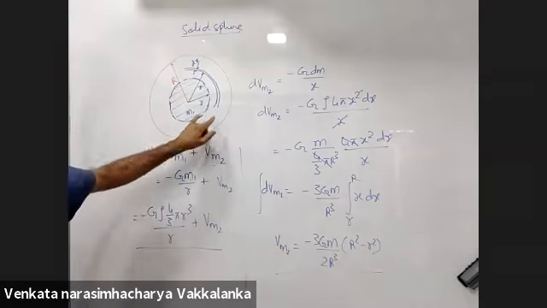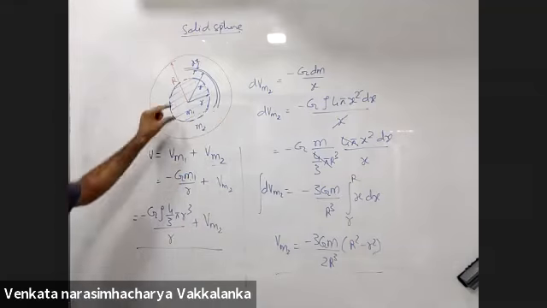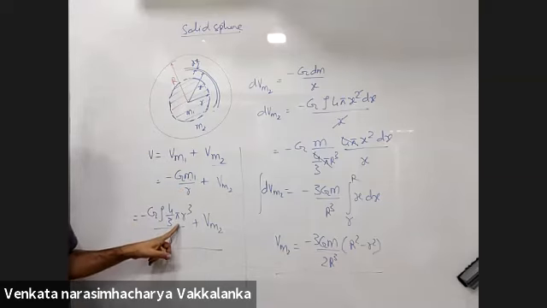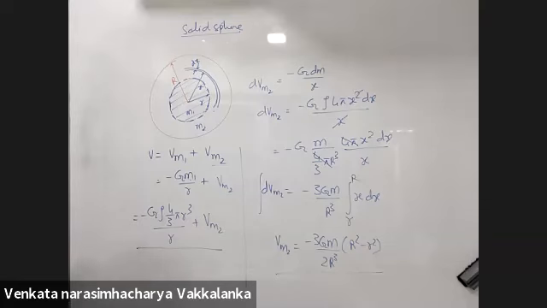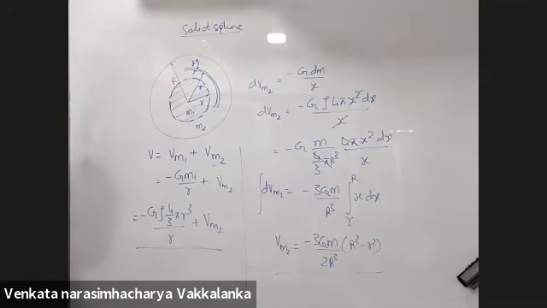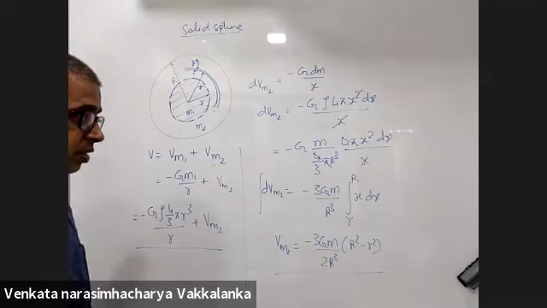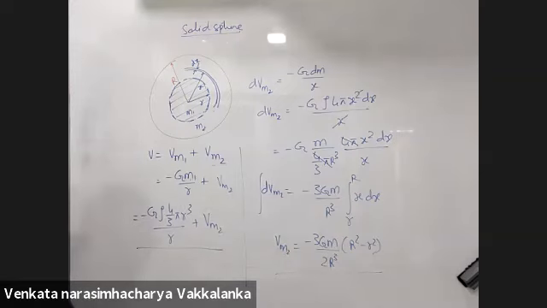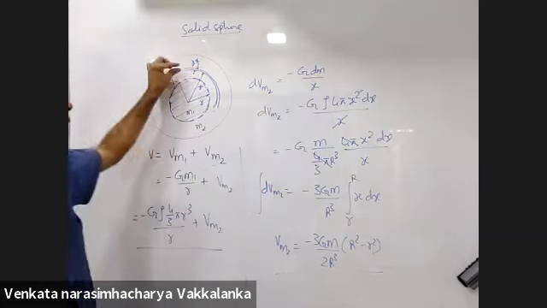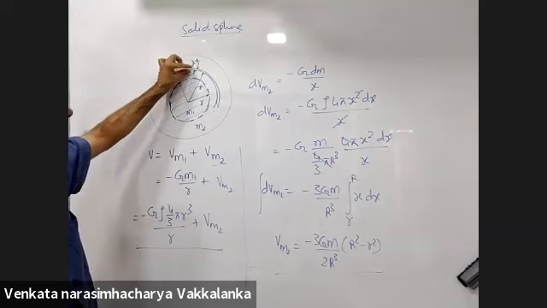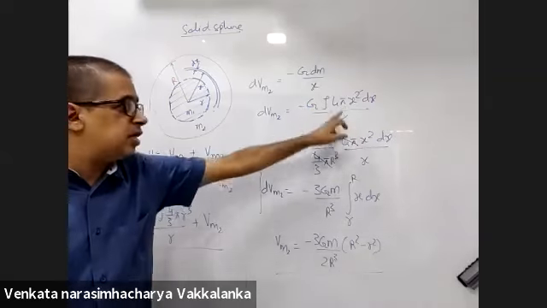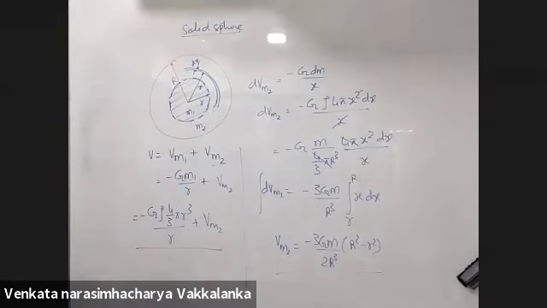This is the potential due to the outer mass M2. This is the potential due to M1. Adding up both. M1 I substituted as density into volume. Density is mass per unit volume. Just as here I substituted, here also you should substitute density, and tell me my final answer. So what did you substitute in the second line from top? I substituted for dm, mass of the shell: density into volume. What is volume of a shell? Surface area into thickness.